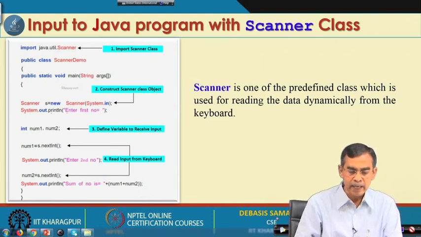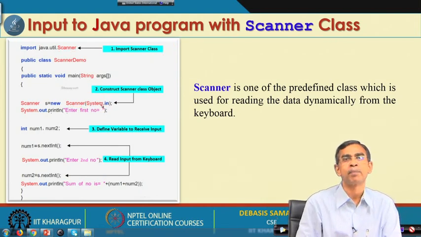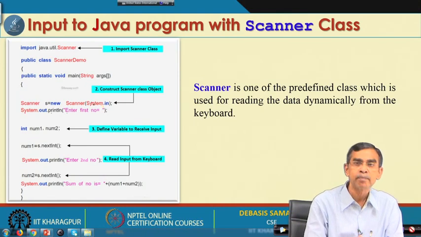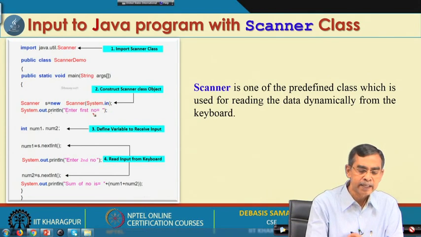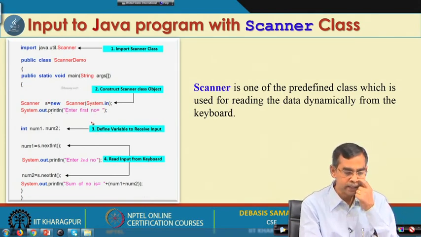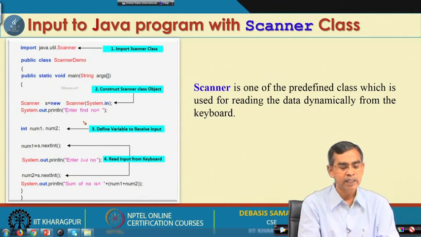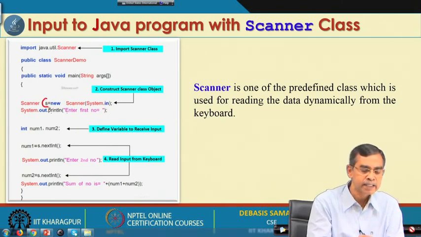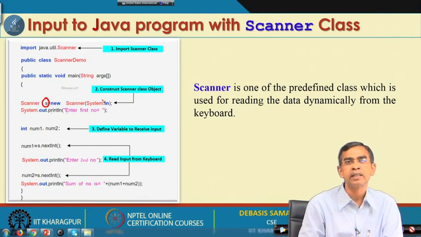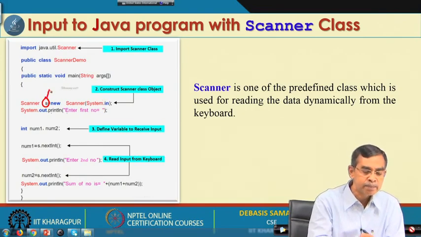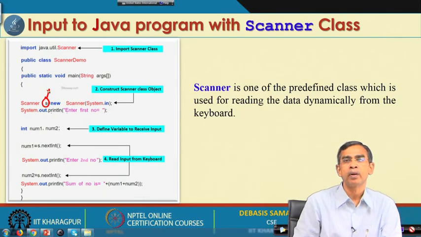It is a default standard that you have to specify System.in, because in the System class, in is a field, and it creates a scanner for it. Once you create an object of the Scanner class, here s is the object of type Scanner, and this s is responsible for taking input from your user.